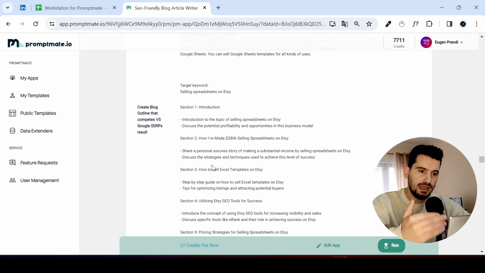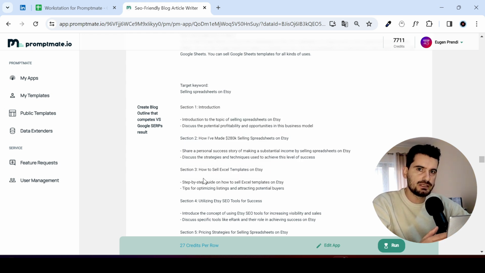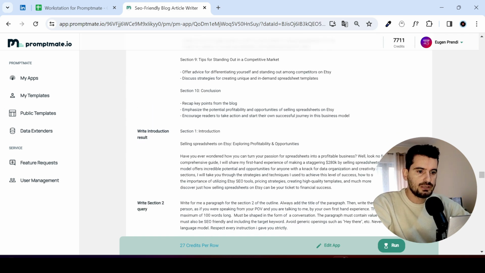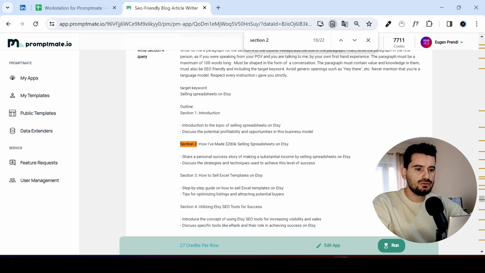And now what every prompt in this template does is write every section separately, right? This is like running 10 ChatGPTs at the same time. And this is better because instead of just having ChatGPT write each paragraph and start to hallucinate section after section, this is like having 10 independent GPTs working at the same time, each one having a singular goal, which is writing just that specific section. So for example, if you see the introduction, it's called section 1, introduction, and it's just that. So then you have section 2,